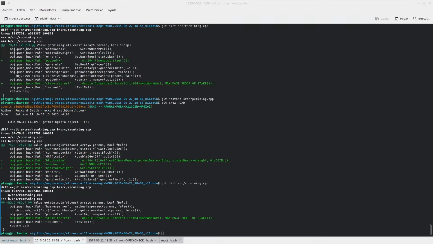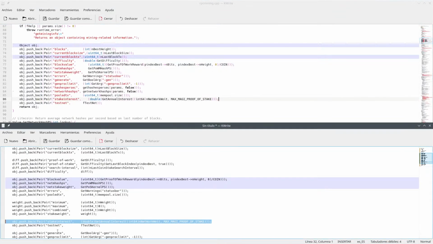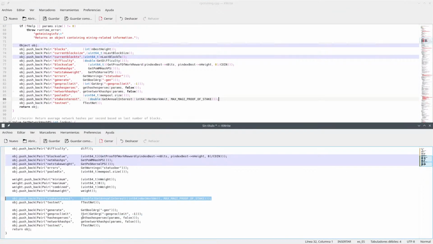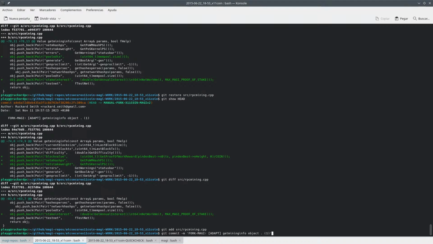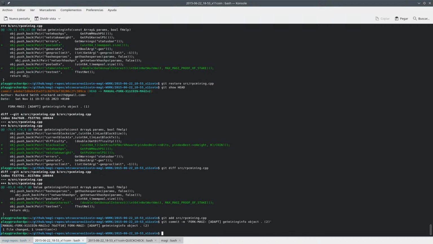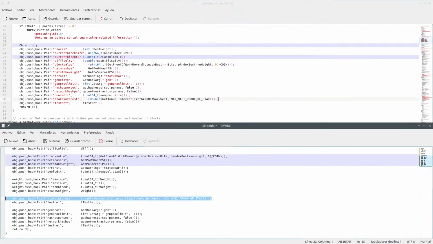And somehow I thought that I had to add something else, and it was not the case. So testnet. Okay. So let me add this, and let me say that this is number 2, and let me keep going on and see if we can